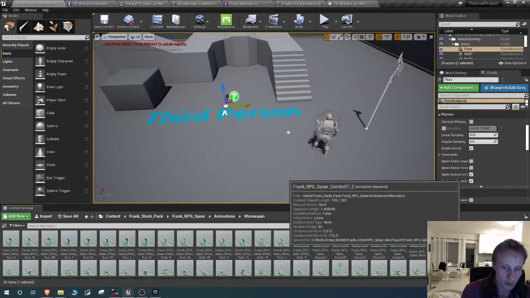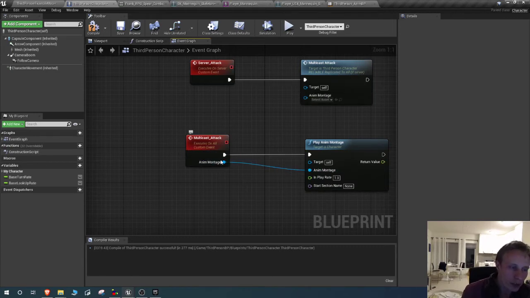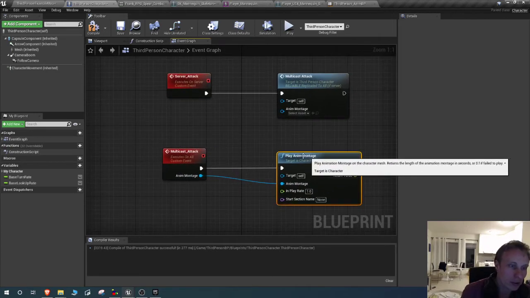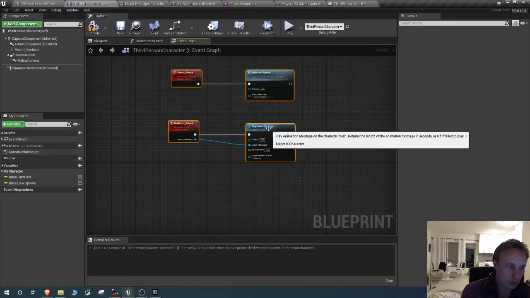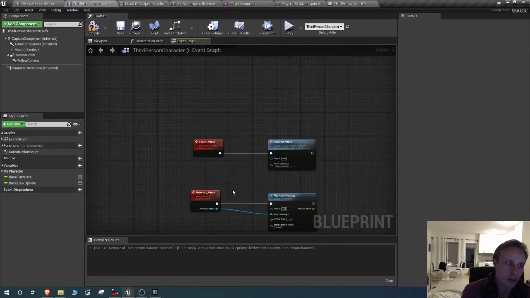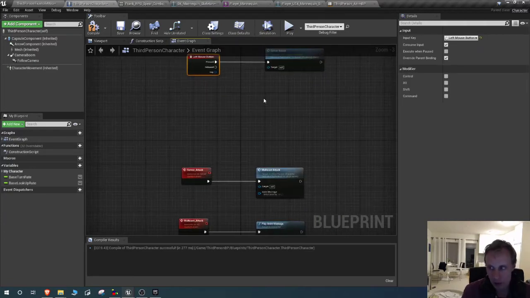Didn't I remove that? Yeah. So we could just enter the animation montage to play here, but we're going to pass the information, and now we are going to do it, because there might be different reasons that you would want to be able to change the animation at runtime. For instance, you could have different items with different movesets,